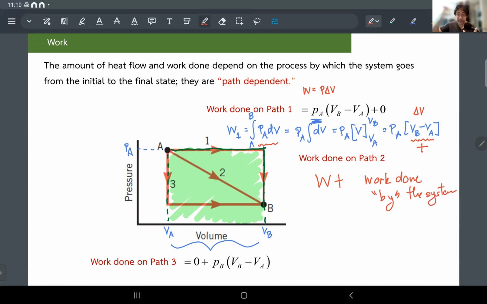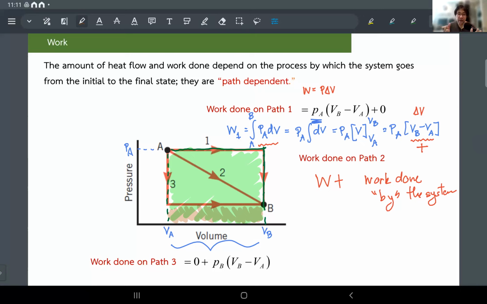Gas expands. If you want to calculate the work done going through path number 3, now this is not hard. If you want the work done in path number 3, what do you do? Just find the area under the curve. But as you can see, the area under the curve is only this big right here, right? So that means path number 3 will give you smaller work done by the gas. That's fine. According to the PV diagram, that's what you can calculate. And if you want to go from A to B on the diagonal, you just find the area under the curve. It's going to be a trapezoid area. But the point is,